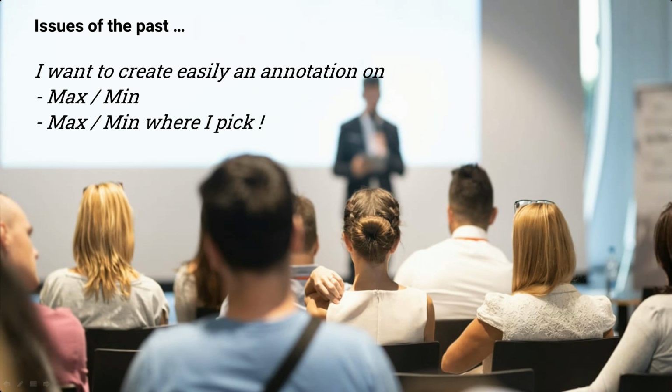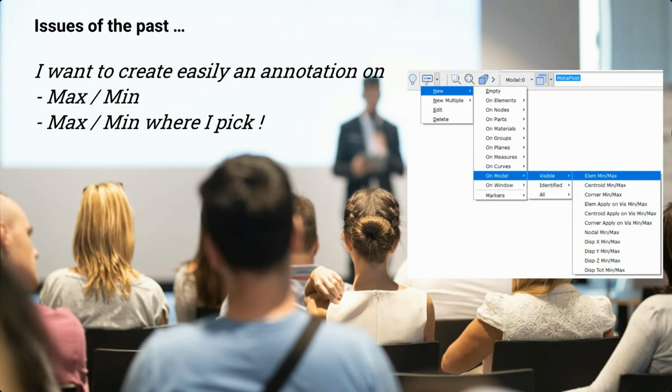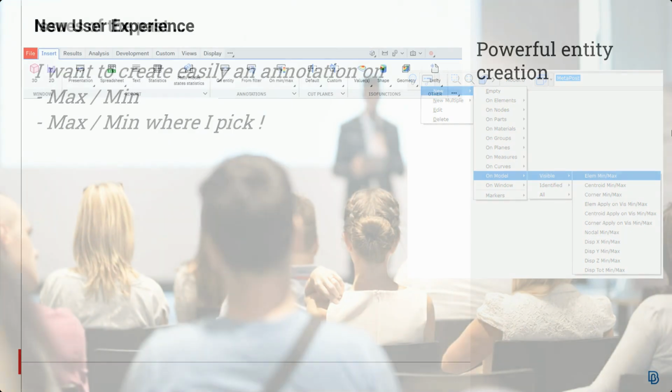Another top priority in our redesign has been the direct access to main functionality. In the previous version, some important, frequently used actions were hidden in second and third submenus among other not so important actions. Here is an example: the creation of annotations on max or min. Using the new concept of ribbons, we now have more space to position also other important actions.